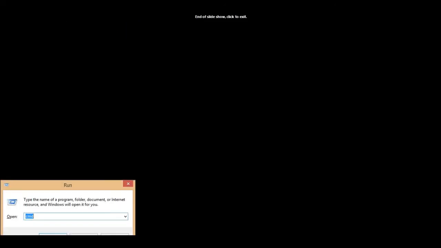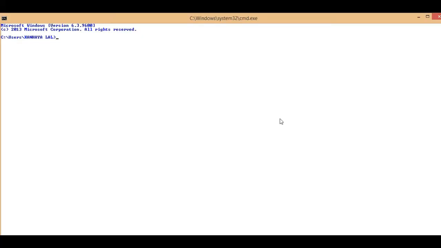Press Windows R, write CMD. I have changed the setting in the operating system. You will see this black screen, but I have changed the color setting, so this is like a white screen and the text is blue. To check the Java version, you have to press this command. Yes, it is showing Java 16. This is set already.